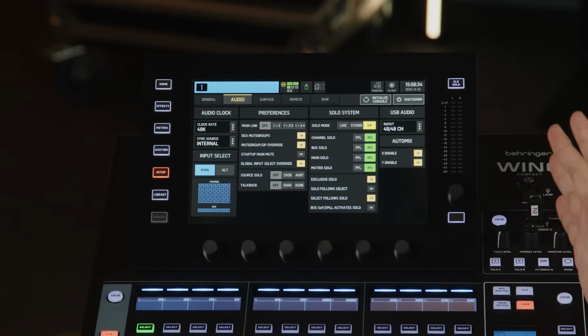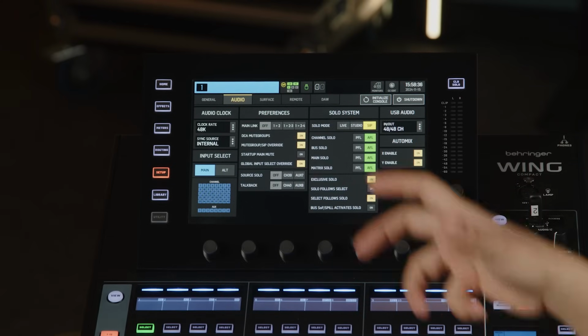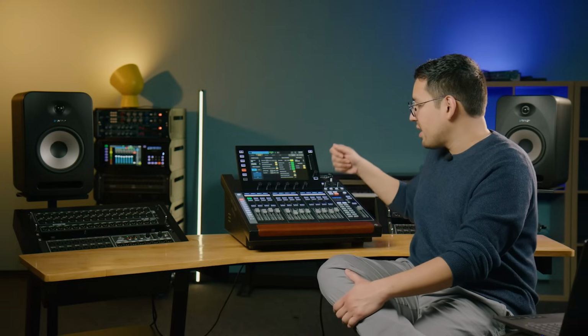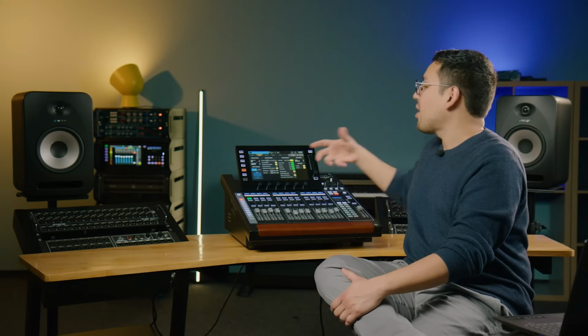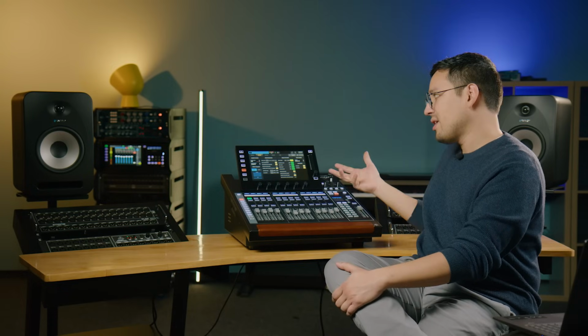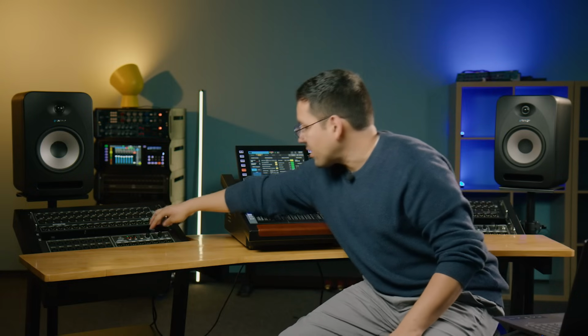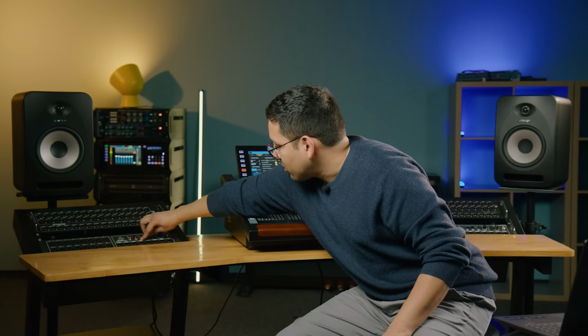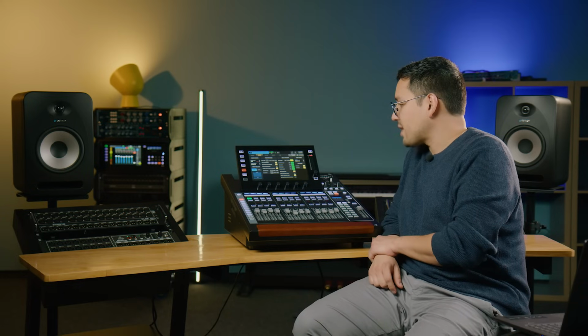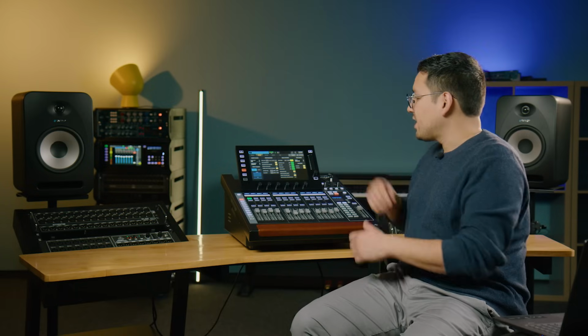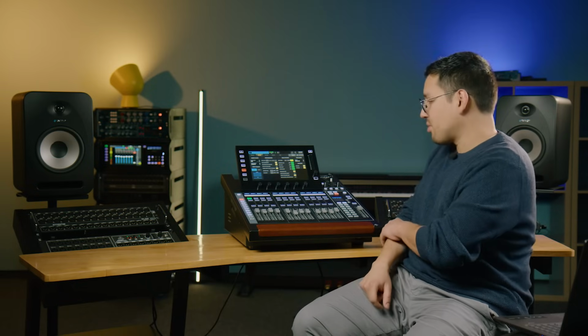Right now, the Wing is the clock master in the system with the S16 connected to it. Let's see what happens if I change to the AES50. Now, Wing is expecting to receive the sync signal from the S16, but it's not set up to send it. So I'm going to change the S16 to clock master mode. Now it's on clock master mode at 48 kilohertz, and it's receiving the sync source appropriately.